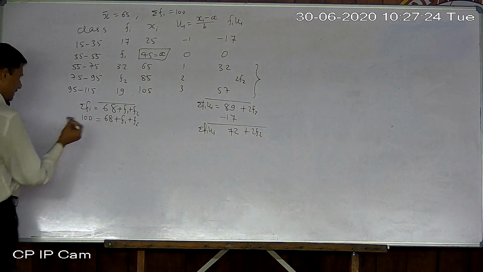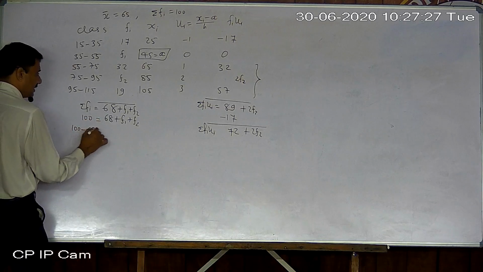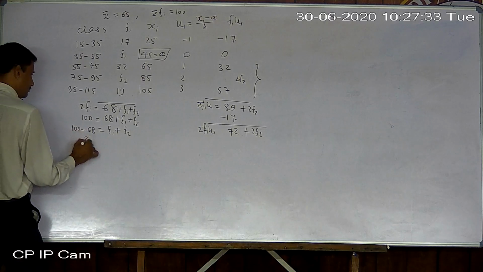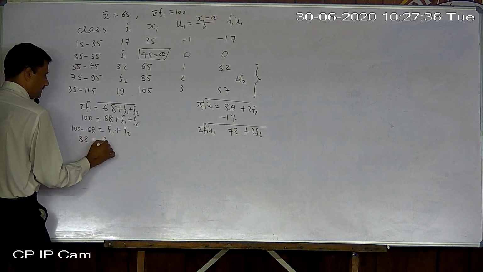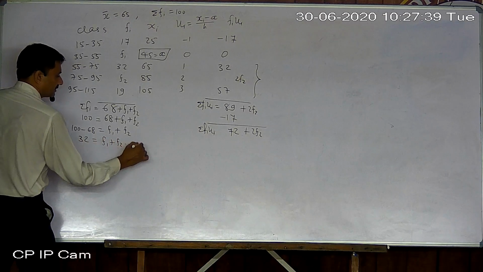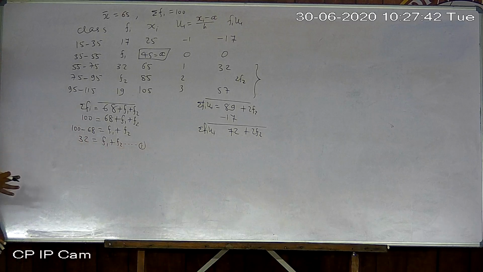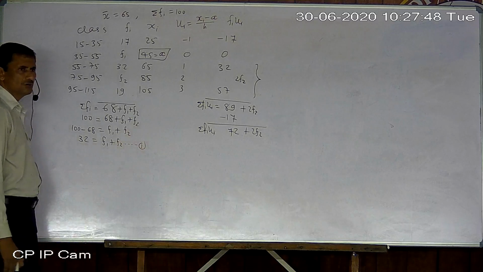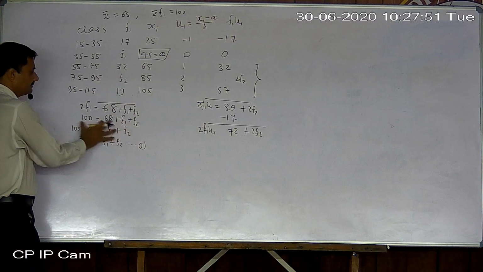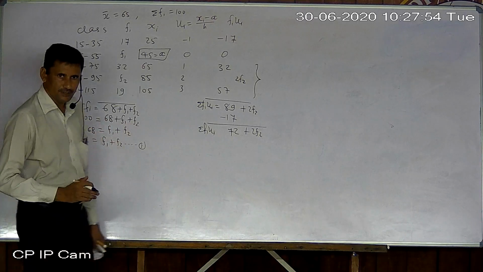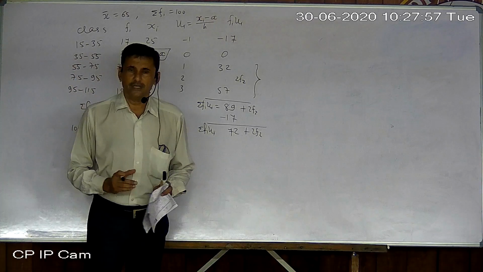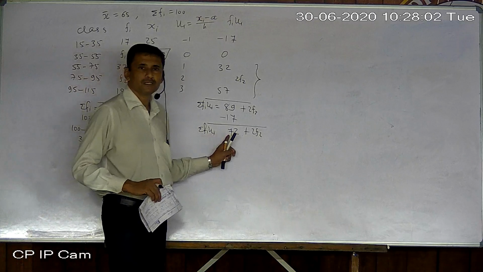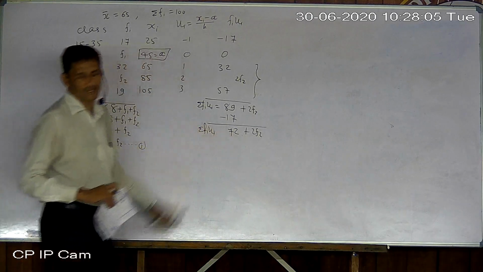So we will get 100 minus 68 equal to f1 plus f2. So it will become 32 equal to f1 plus f2. That is our equation number 1. Okay, that is part of the table. If you don't want to write it here, then you have to write it separately. But we will always include this equation number 1 in the table only. So at the end of the table you will have equation number 1 as well as sigma fi. Both should be there.